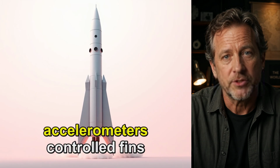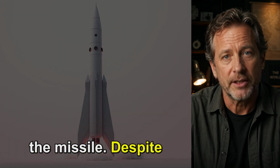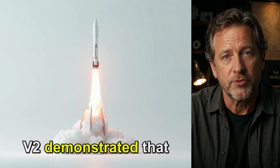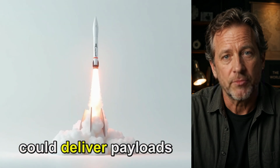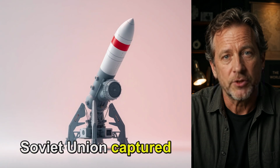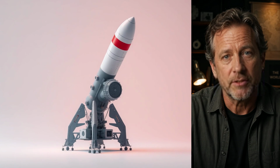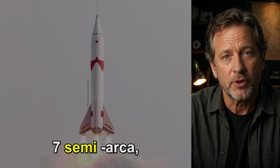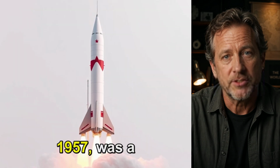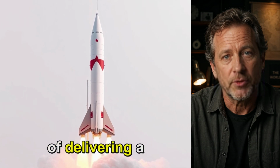Gyroscopes and accelerometers controlled fins and a graphite rudder to steer the missile. Despite its inaccuracy, the V-2 demonstrated that liquid-fueled rockets could deliver payloads over great distances. After the war, both the United States and the Soviet Union captured German rocket scientists and hardware, leading to rapid advancements. The Soviet R-7 Semyorka, first tested in 1957, was a two-stage intercontinental ballistic missile capable of delivering a nuclear